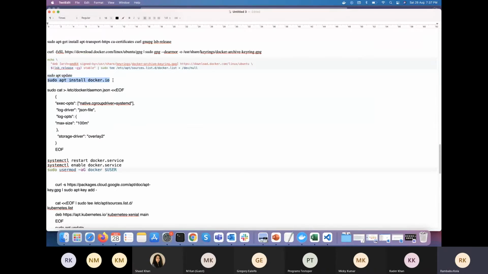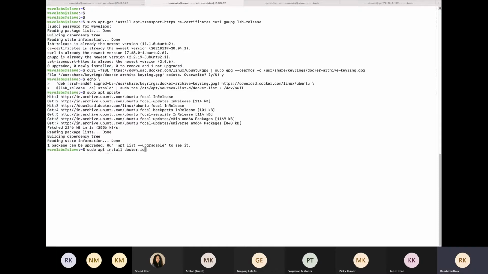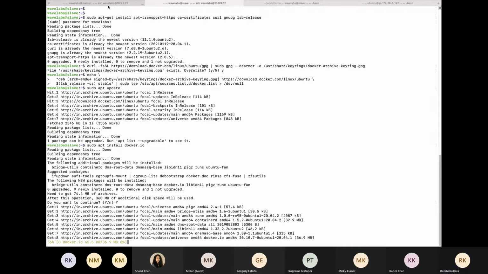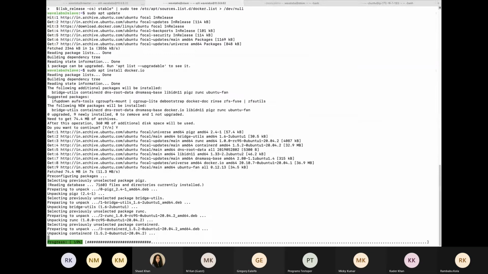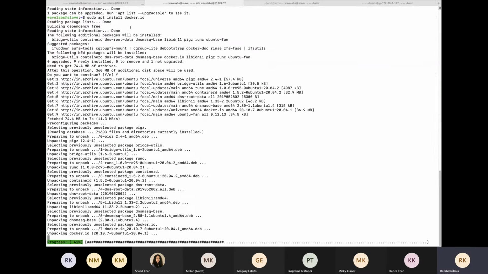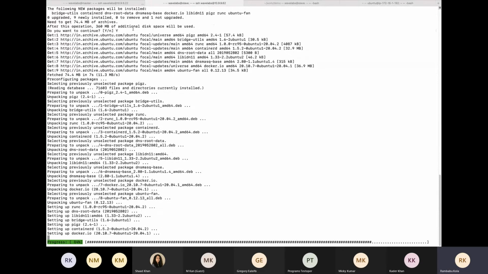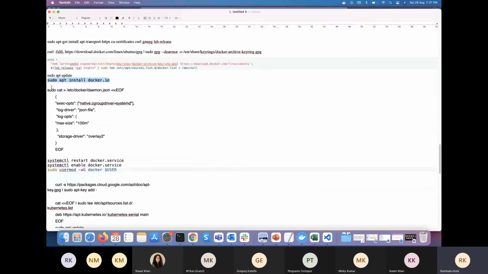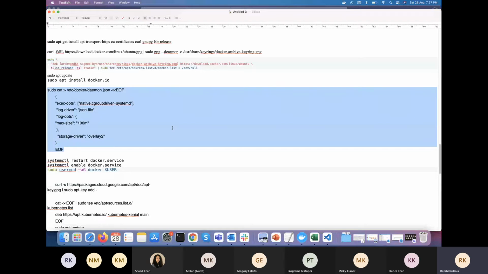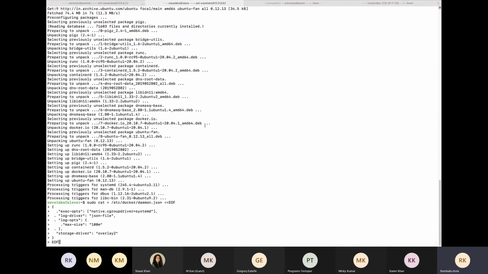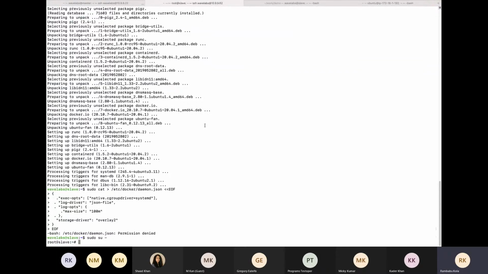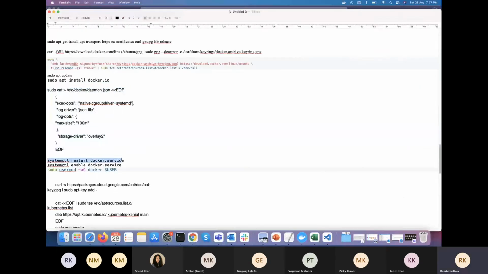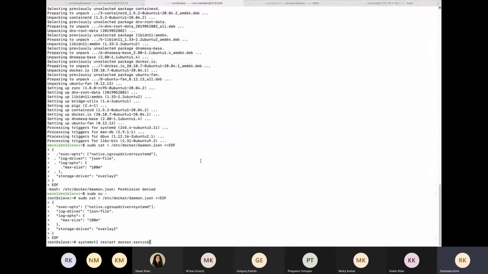So installing Docker. I'm enabling the storage driver as overlay, and restarting the Docker service.